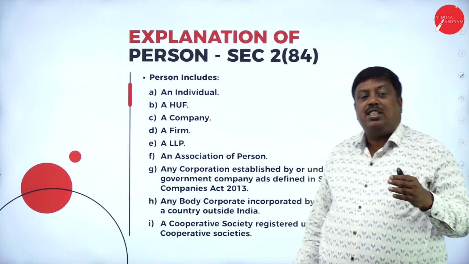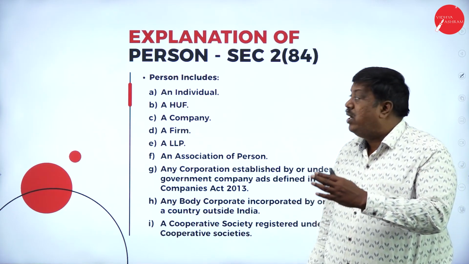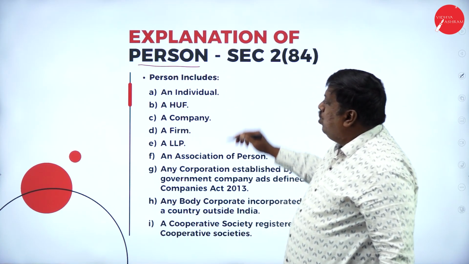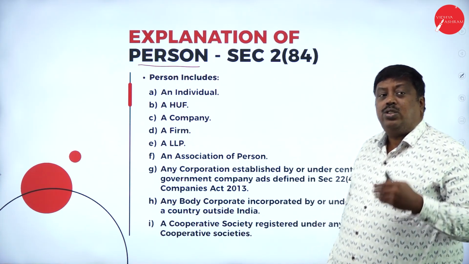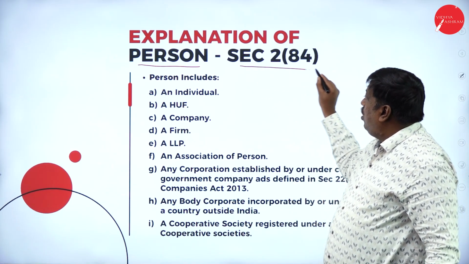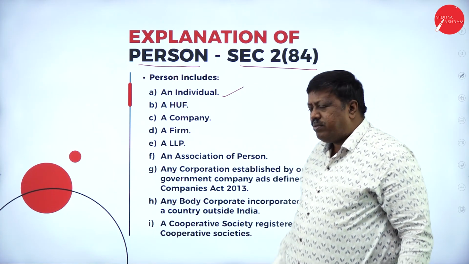This was the differences between intrastate supply and interstate supply. The next concept we are going to start with is the word person. According to the GST Act, who is called a person? A person, defined under Section 2, Subclause 84, includes any individual,